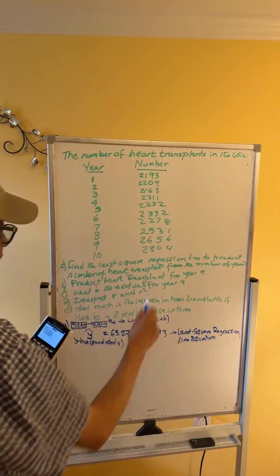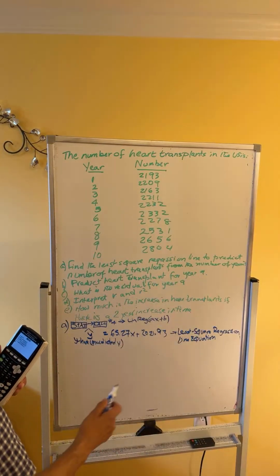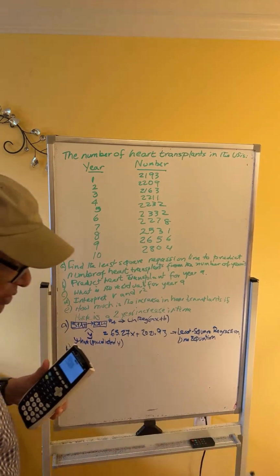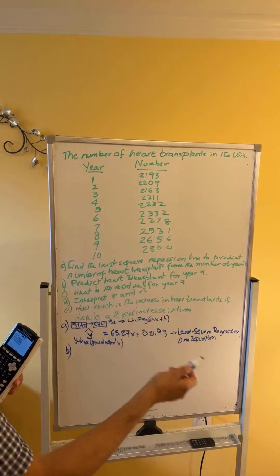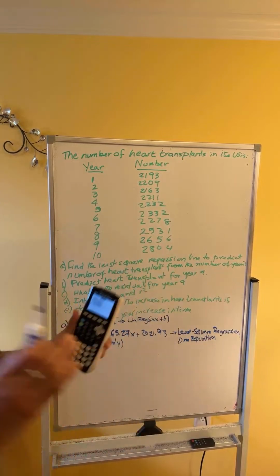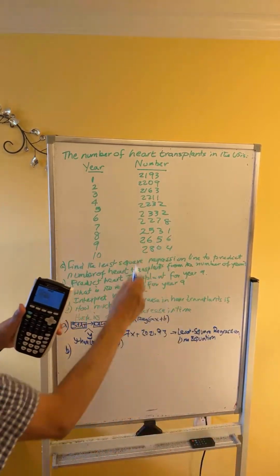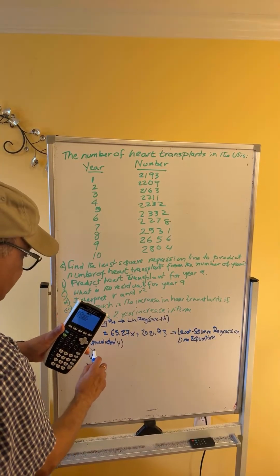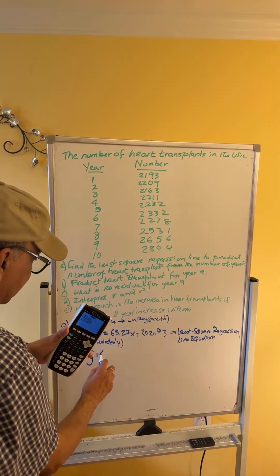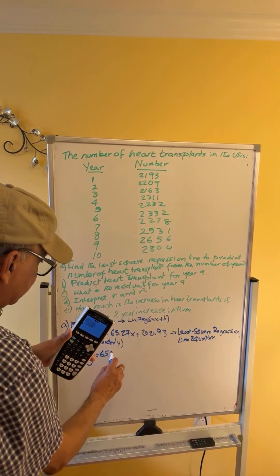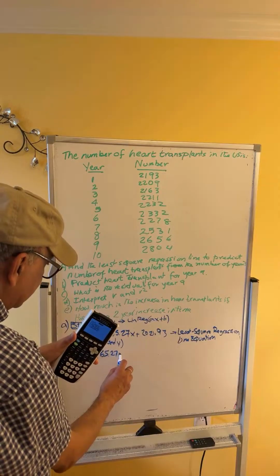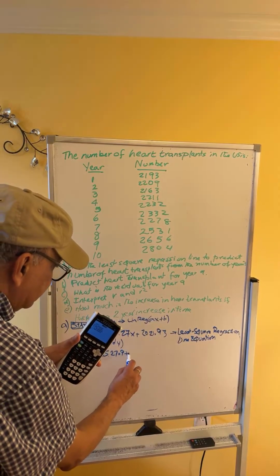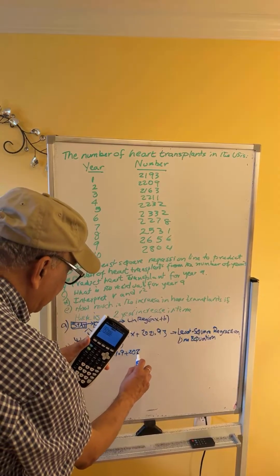Predict heart transplants for year 9. So part B, they're asking what is the predicted y, what is the forecast y for x equal to 9. So I take the x value of 9 and substitute in the least square regression line. So it will be y hat equal to 65.27 times 9 plus 2021.93,